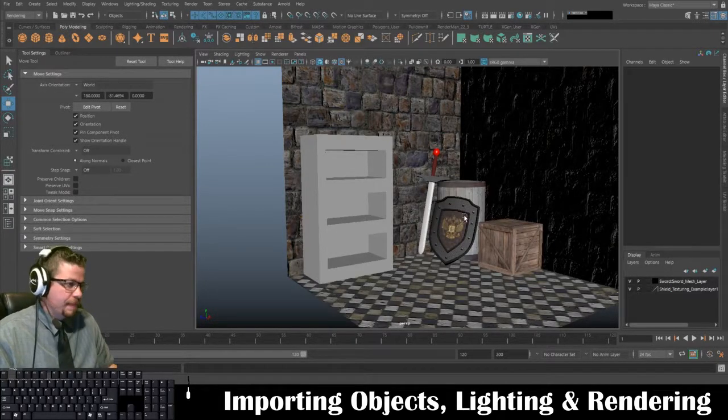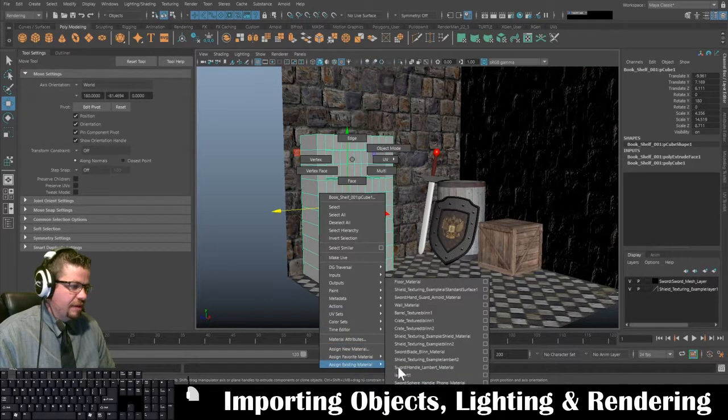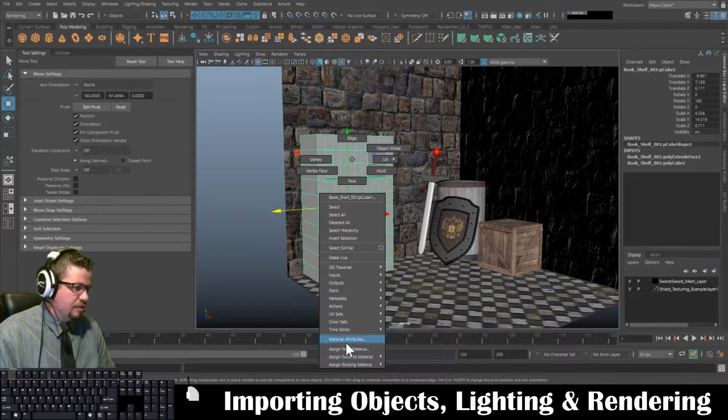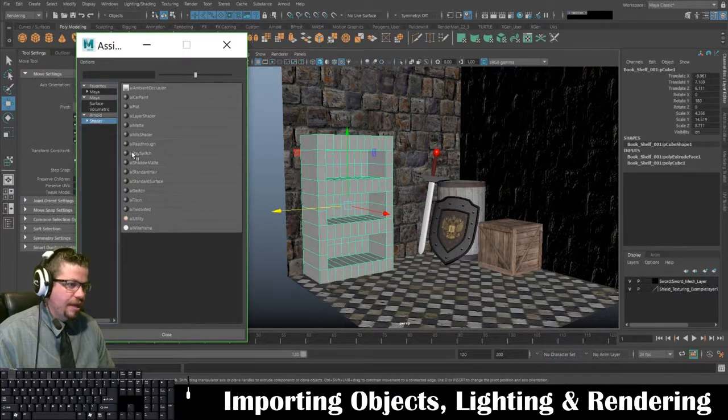Hello everyone. In this video I'm going to go over assigning Arnold materials once again, lighting in Arnold, and Arnold rendering. So again, I'll just start with a few objects I know don't have anything. I'm going to go to assign new material on my bookshelf here because I know later I will be adding textures to it. I'm going to go to Arnold and I'm going to do AI